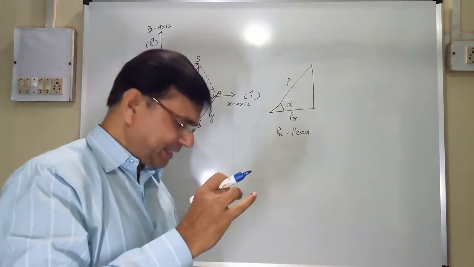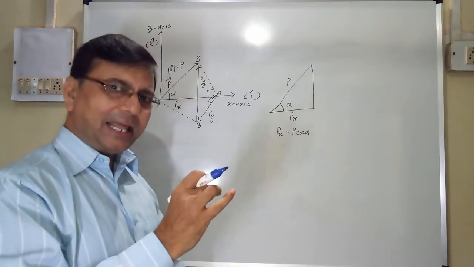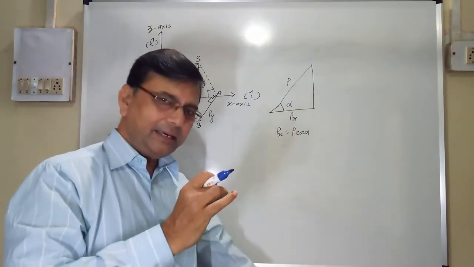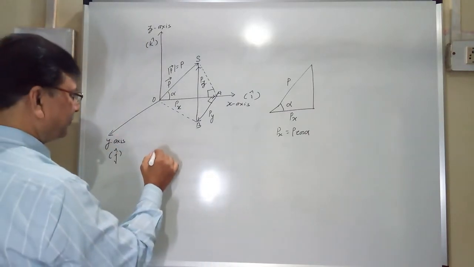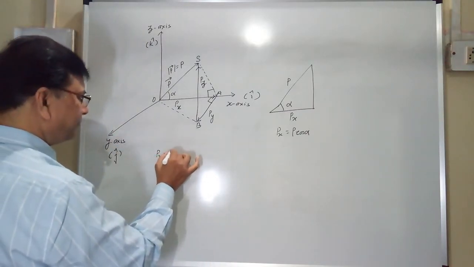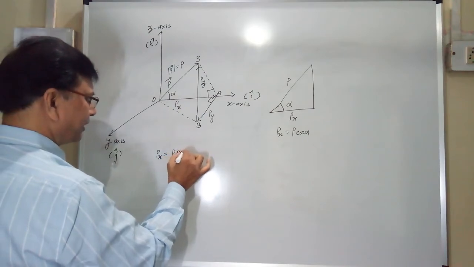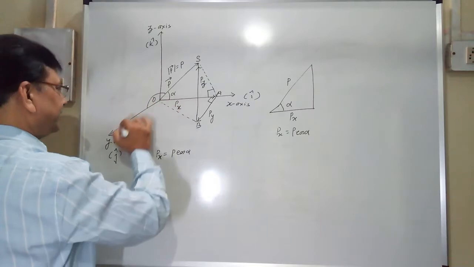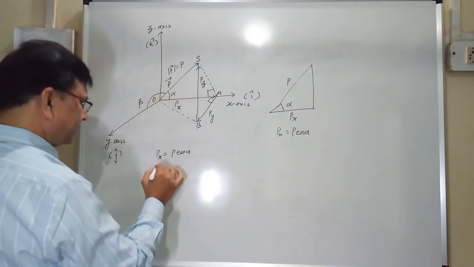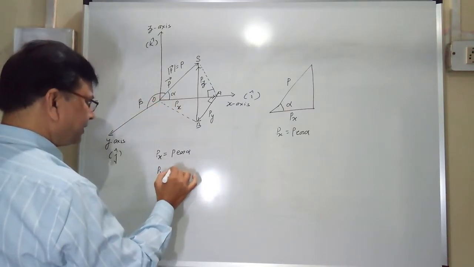So on the base the length will be p cos beta. Px will be p cos alpha, and if this angle is beta along the y-axis, then py will be equal to